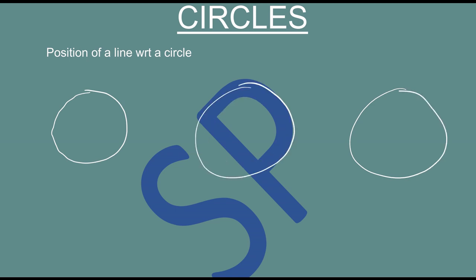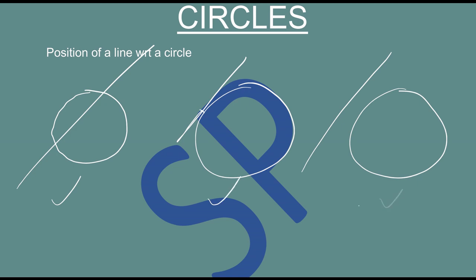Okay, now you see, I can have line intersecting the circle, or line touching the circle, or line disjoint from the circle. These are the three cases possible. Now you are saying that it is intersecting or touching or disjoint by looking at the pictures, but without looking at the pictures, just by looking at the algebra, we are going to say whether the circle is intersecting the line or touching the line or disjoint from the line.